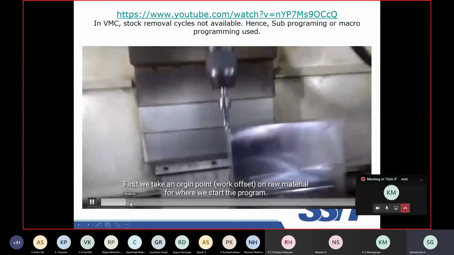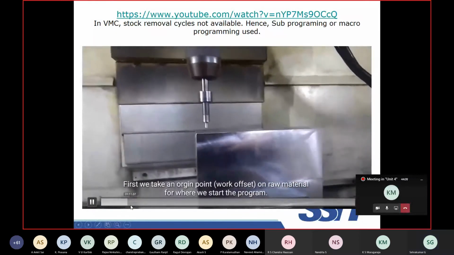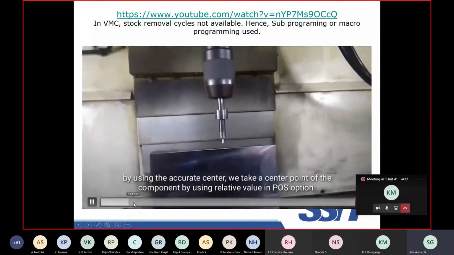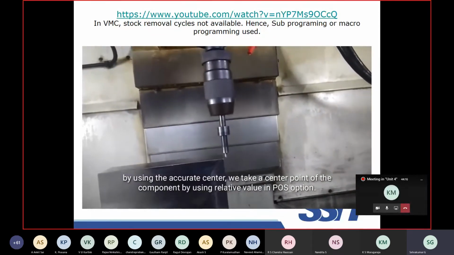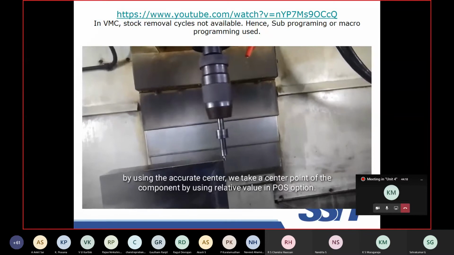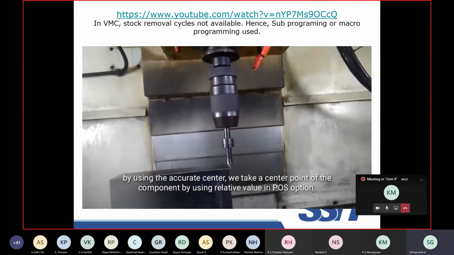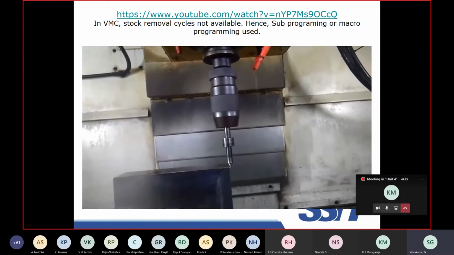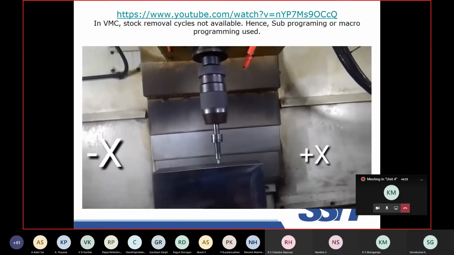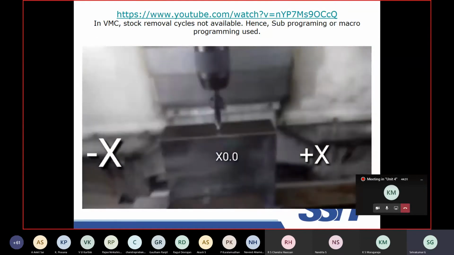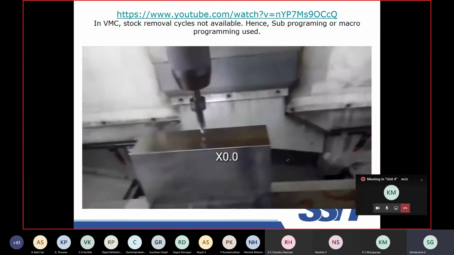Just a moment, I will show this. Okay, it is touching one end of the workpiece. Now it is moving along the x-axis. The job is moved, and the job is again touching it. Understand? So this value you can read from the CNC display or the monitor. This is the positive direction and negative direction of x movement. At the center point you can fix x equal to 0.